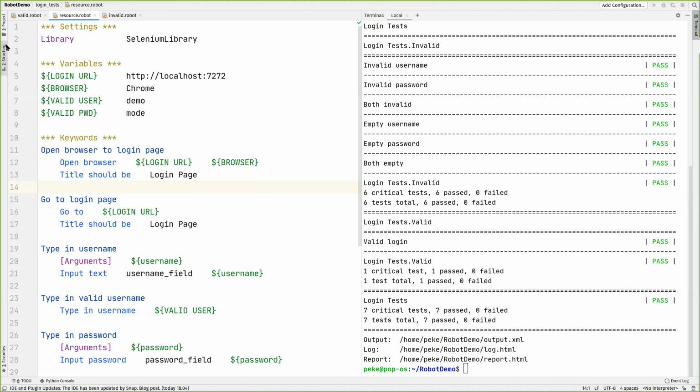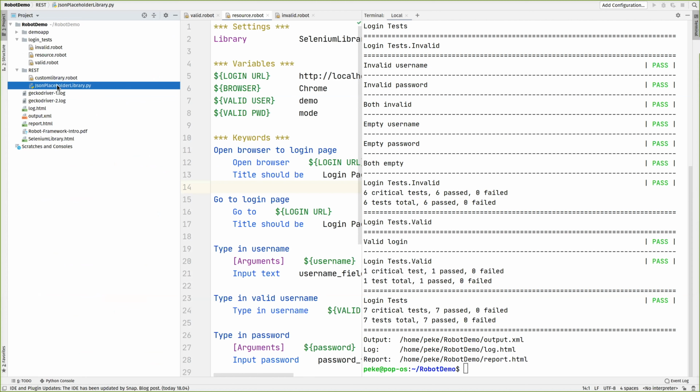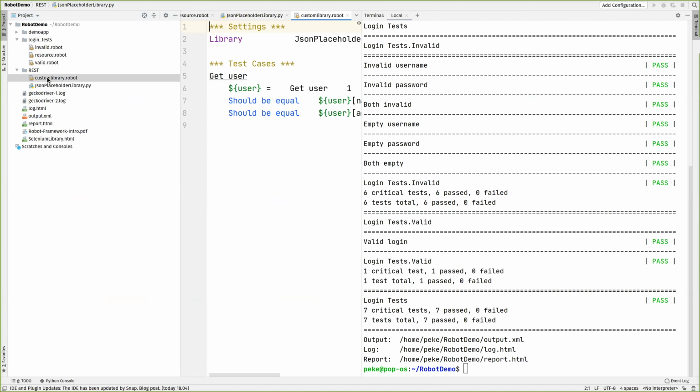The last thing that I want to show is that we'll take a quick look at how those libraries look like. I don't want to show the Selenium library because it's so big that it would be hard to understand what's happening there. It's not that complicated code, but still it's a huge library. So instead, I'm going to show you a really, really simple, trivial library. Here,